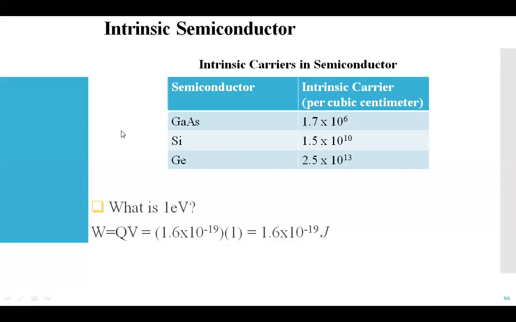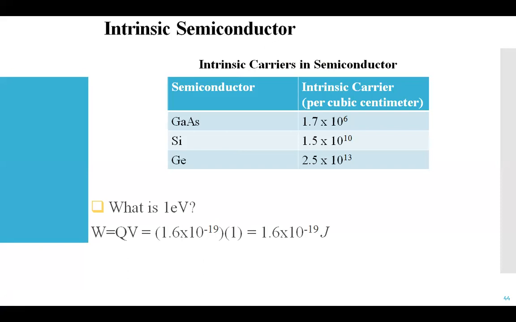These are some values, according to the material, for how the carriers are present in the intrinsic semiconductor, given over here. Along with that, silicon, germanium, or gallium arsenide all have intrinsic carriers. That is given over here for the parameters in terms of per cubic centimeter. And you can also identify what 1 eV is for that structure. That means 1 electron volt, and how much work it is going to be.